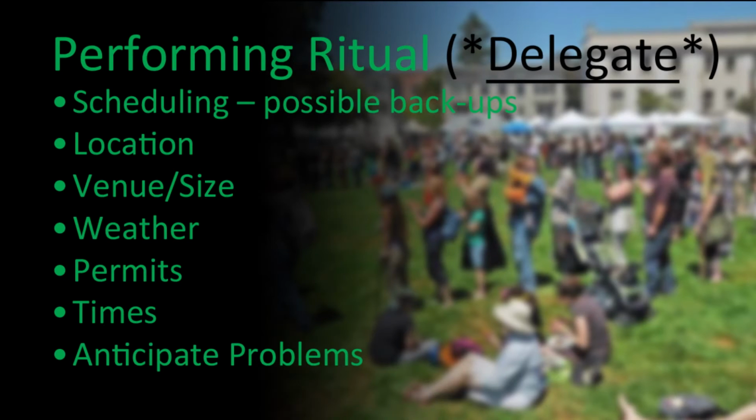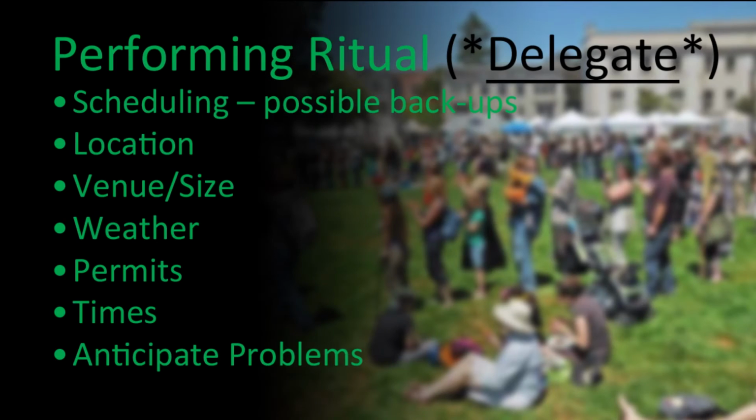So we want to make sure that everybody's going to be available for that day. If somebody says, hey, I might be able to be available, I might not, depending upon what happens, have a fallback person. Location. Where is it going to take place? Venue and the size. Is it going to be in a building? If so, how much room do you have in that building? Is it going to be in a park? If it's going to be in a park, where in the park? Do you have enough space for people to gather? Is it going to be a problem? Are you going to have enough space?